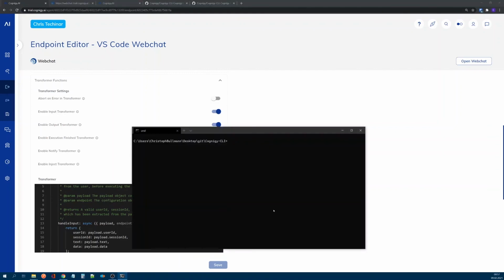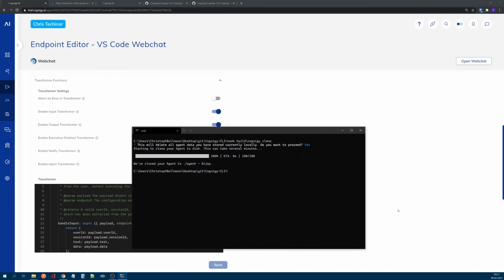I've already prepared the CLI and set it up. So now let's clone the Cognigy repository. Yes. It will now download all of the resources. Wonderful.